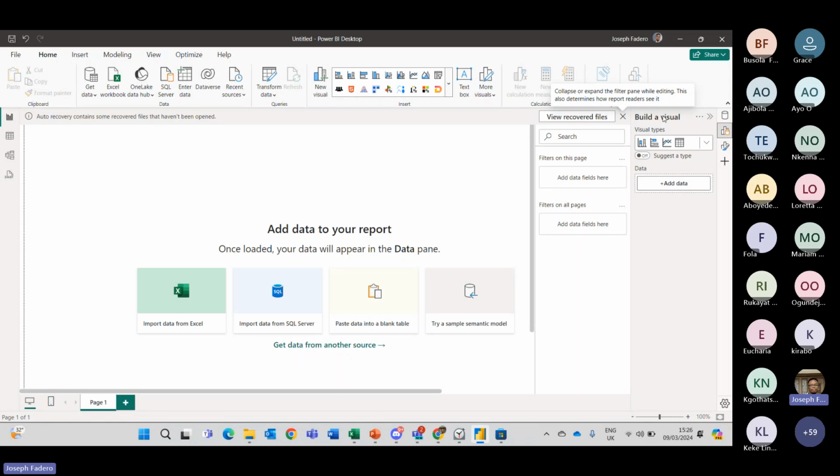We also have this Build a Visual section on my screen. This is where you can build simple reports and analysis. You can drag your visualization into your tab, and you have some sections on my screen called your Data tab, your Sources tab, and your Format tab. You wouldn't have this section on your screen by default. Let me show us how we can be on the same page in our Power BI learning journey.